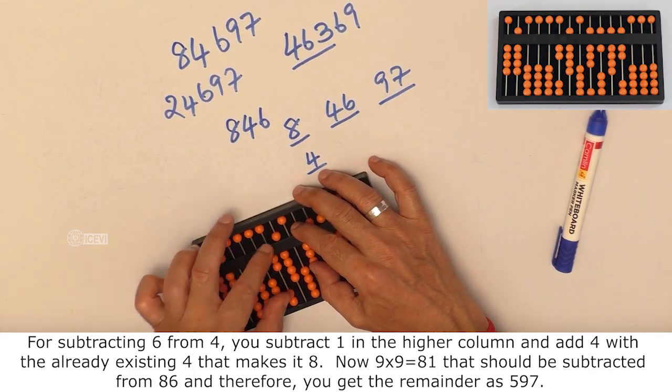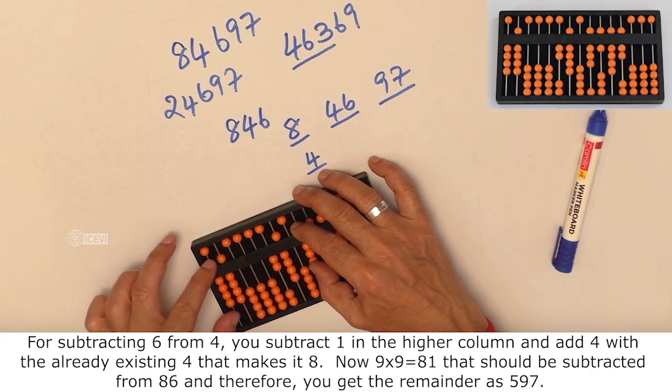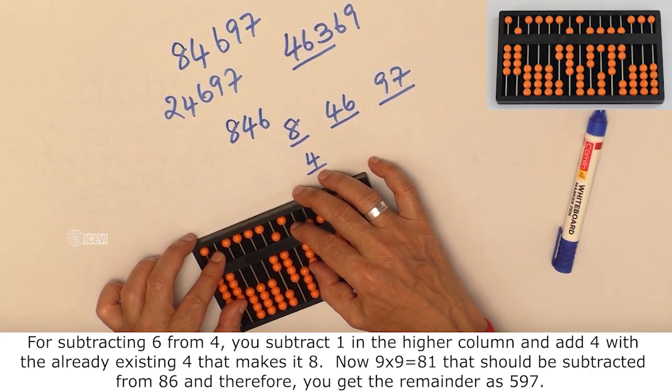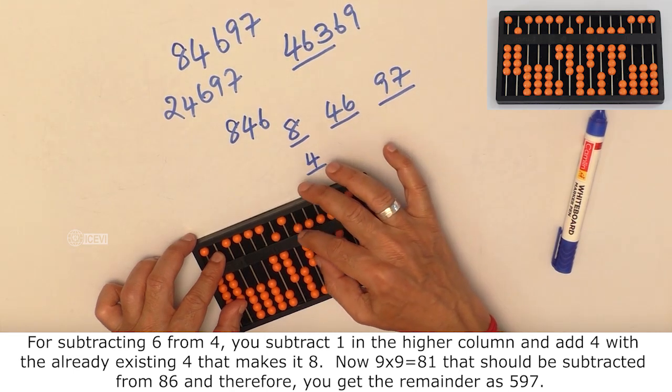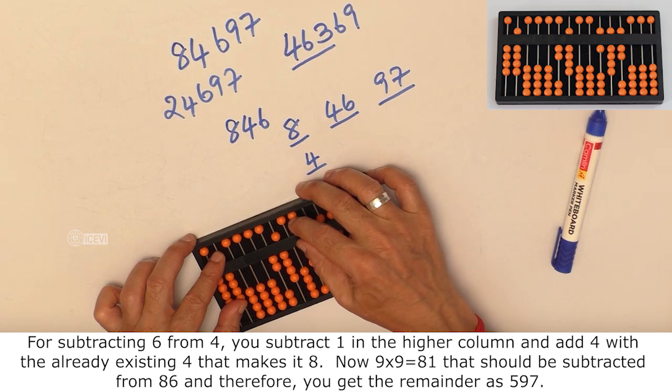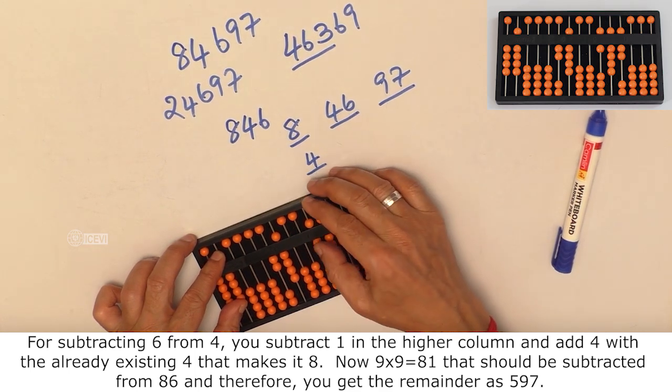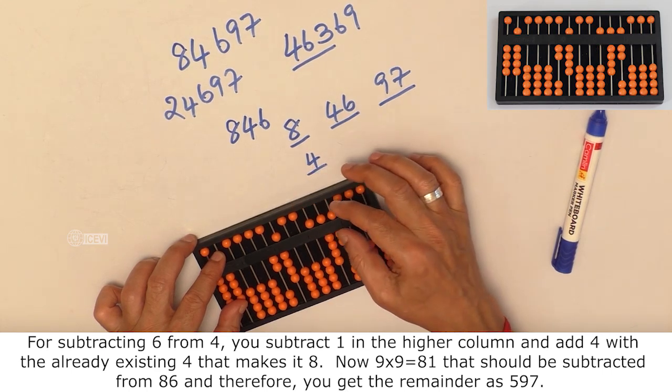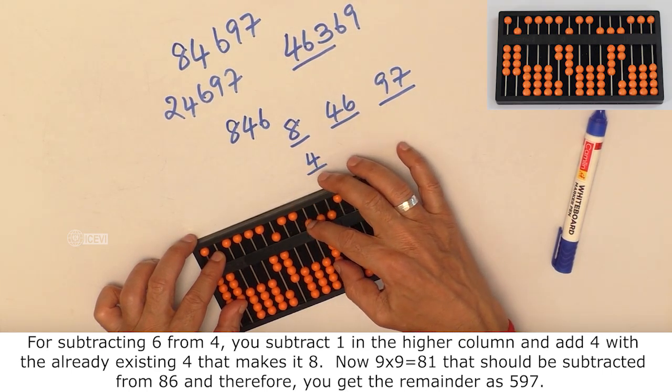Now multiply 9 with 9, which is 81. That should be subtracted from 86. That is 8 subtracted from 8 and 1 subtracted from 6, and therefore you get the remainder as